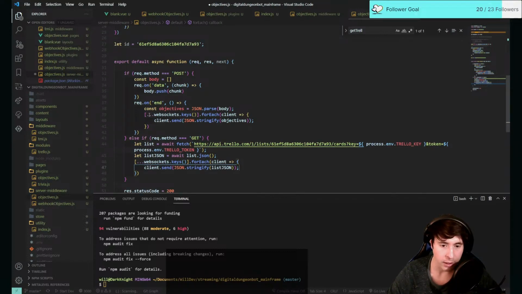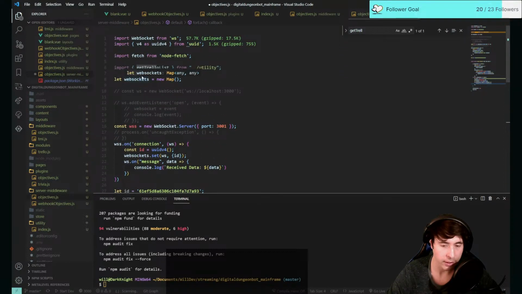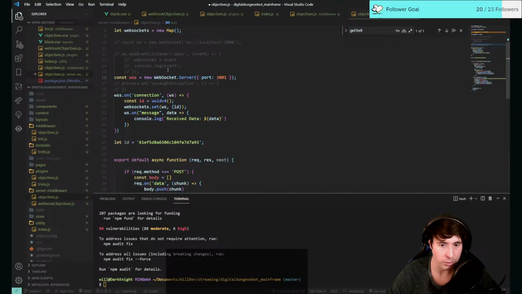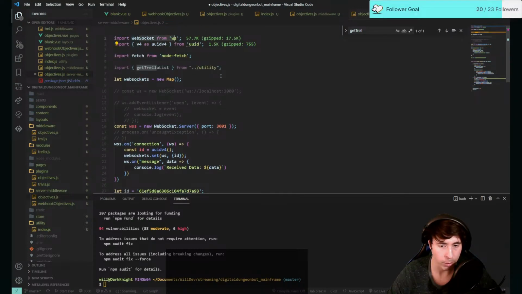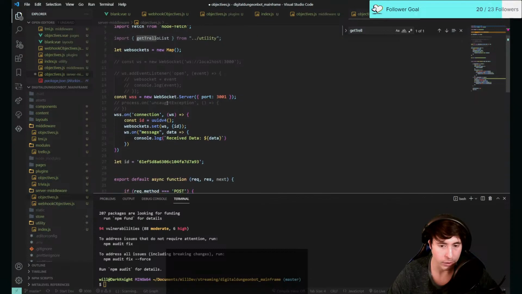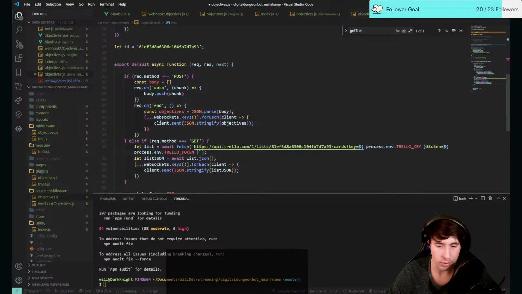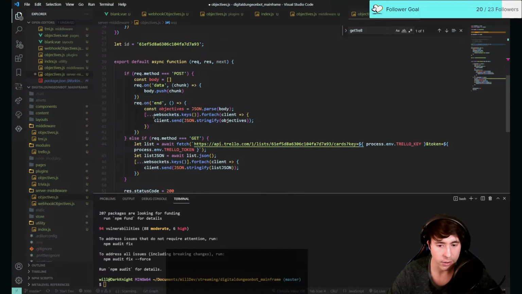From my understanding, we are creating a map of WebSockets right here, and then we're starting up the WebSocket server using ws WebSocket, which is being imported right there. It's just a package for easily creating WebSockets on servers. We're creating that, storing it in WSS, and then down here,